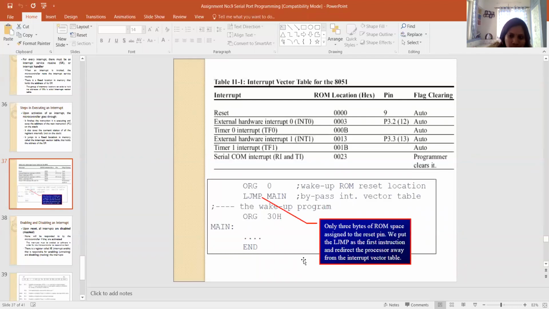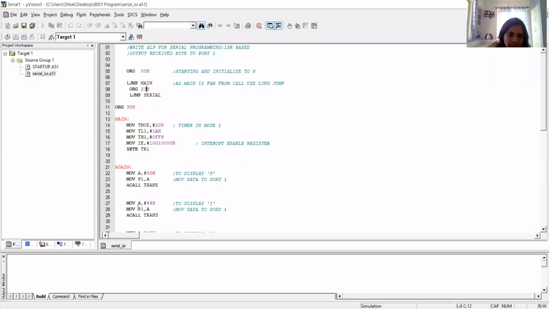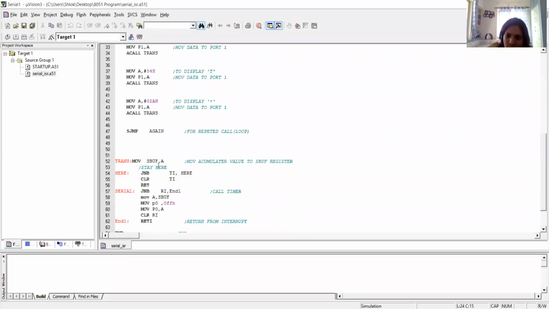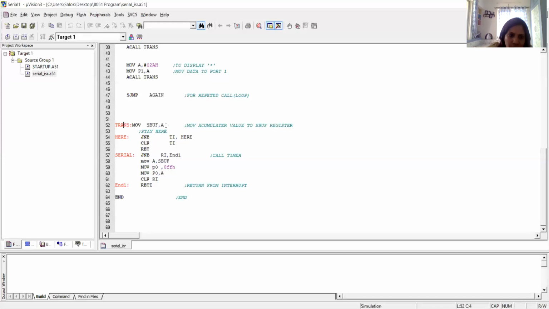Okay, the flow of the ISR routine, I will show you. One minute. Now see, here in your program, whenever you transfer, you call the trans subroutine. It comes here, transfers the value of A into SBUF, and then comes to the next line. On the next line there is one statement, JNB TI, here.